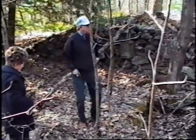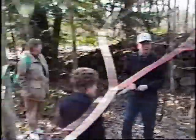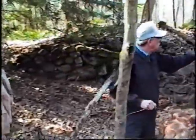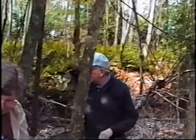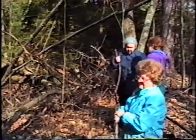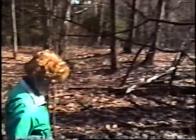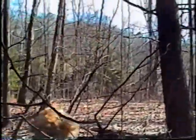And as you can see, there's some magnificent stones in this old foundation. Little by little, the stones are disappearing, by the way. I don't know what happens to them. Pretty good sized ones in there. Yeah. You got to remember, these were probably set here in 1830. Well, the digging of all these canals